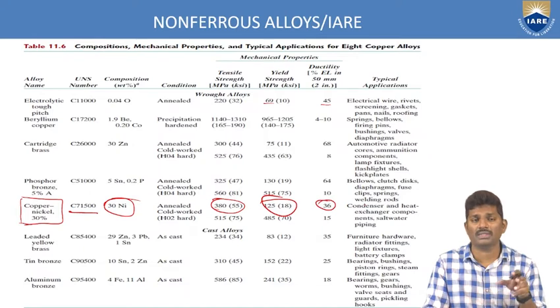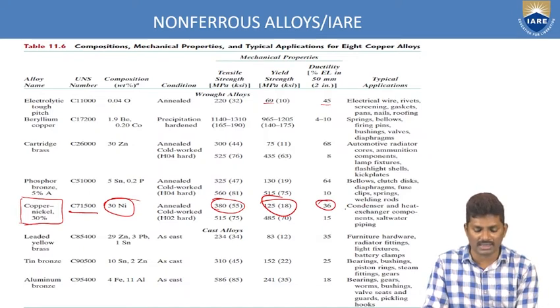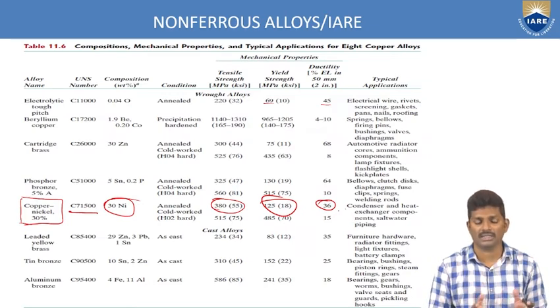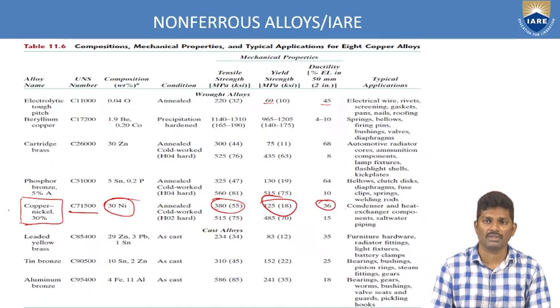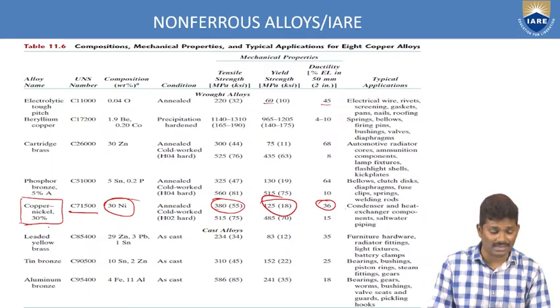So where you can use this type of metal means in condensers and heat exchangers, components, salt water piping. So like that, in heat exchangers, you can use this copper nickel type of things. So like that, again, if you go with the cast alloys, aluminium bronze, if you go,